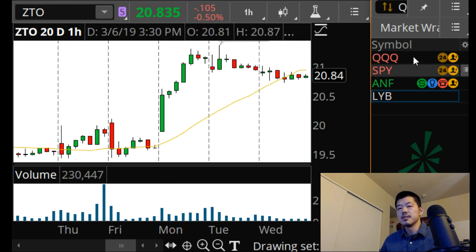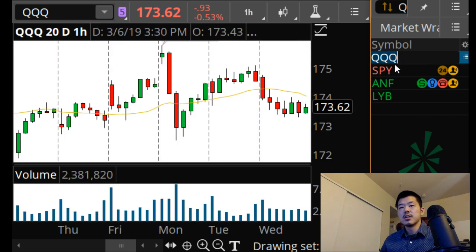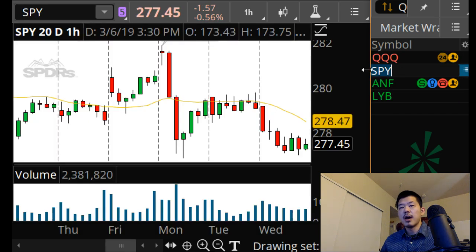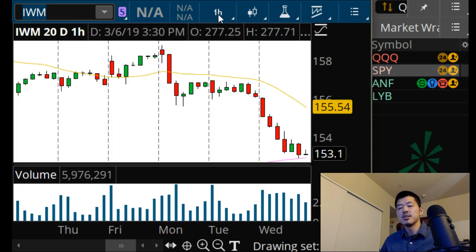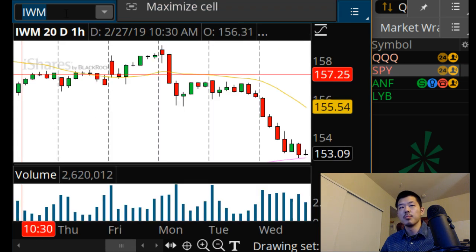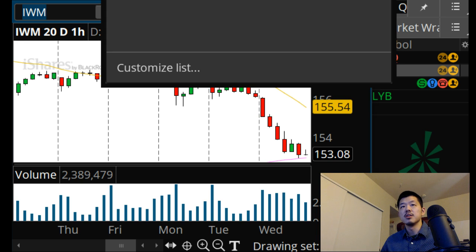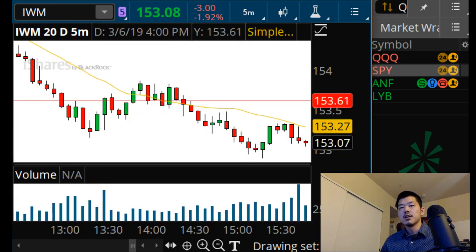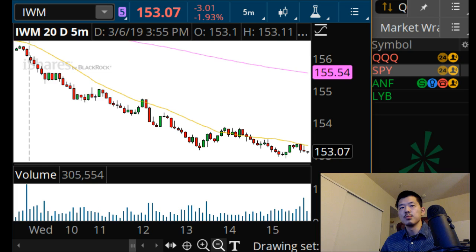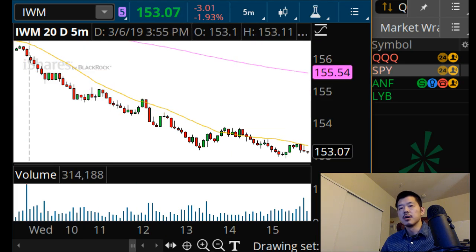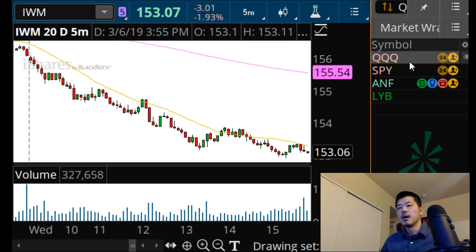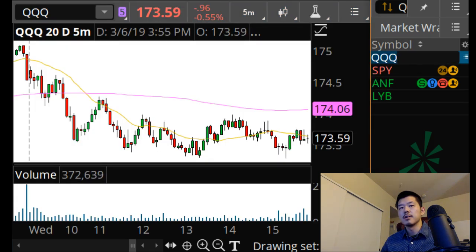6th, 2019. Q's down about 0.5%. SPY down a little over 0.5%. Just wanted to point this out. Don't usually follow the IWM as closely. It is known to lead the markets. A little bit more weakness here in the IWM. I think if you were looking for continued weakness today, this was a good way to clue you in here. A nice downtrend on the IWM. But we'll focus on the Qs and SPY here going into tomorrow first.